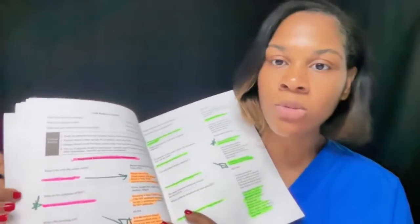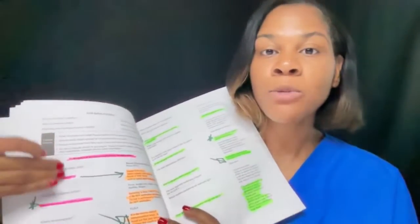So it's not just enough to have the book. Like, you have to have it memorized. I say that all the time. And if you're a highlighter like me, I'm trying to get my daughter to understand that when you highlight stuff